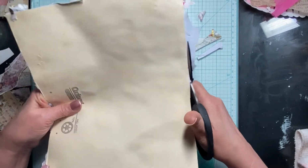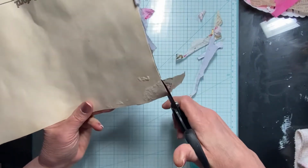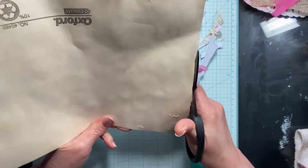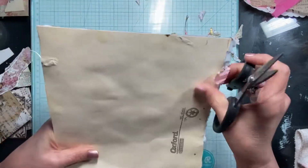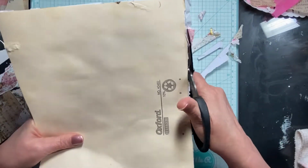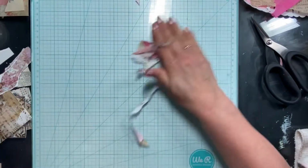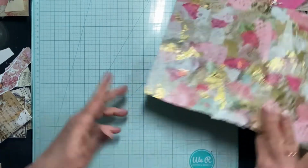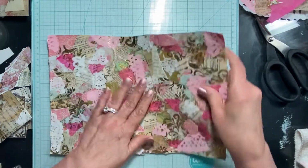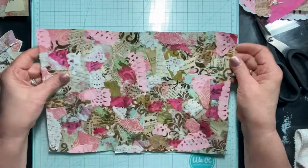And I'm not trying to get it perfect here. I'm just trying to get these little odd pieces off. Now this is the stuff that was overhanging. You do that. Okay, so get all that off of here. So you end up with this, and I know this looks kind of bright, but what happens then is,